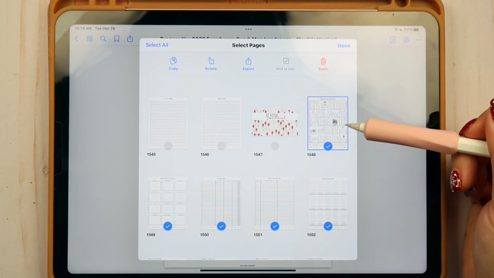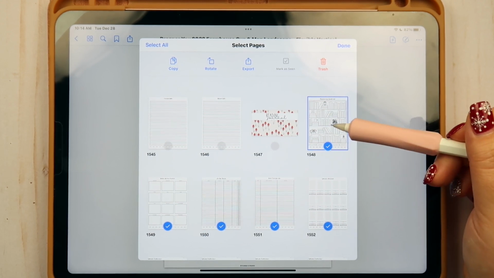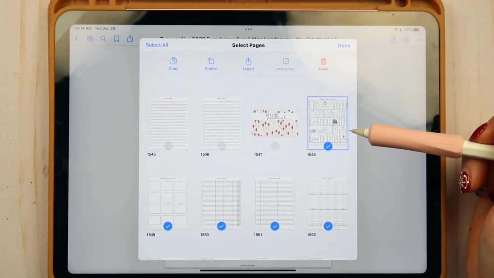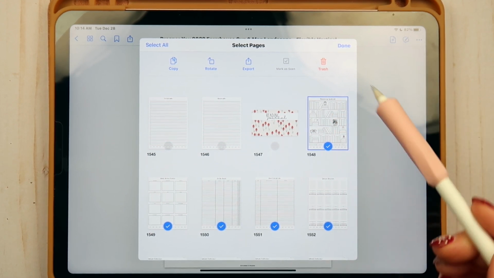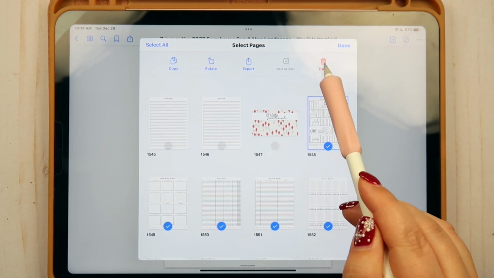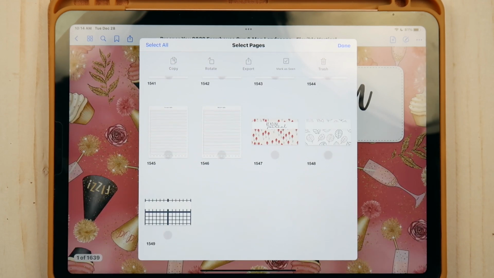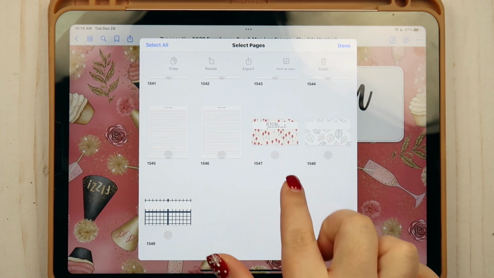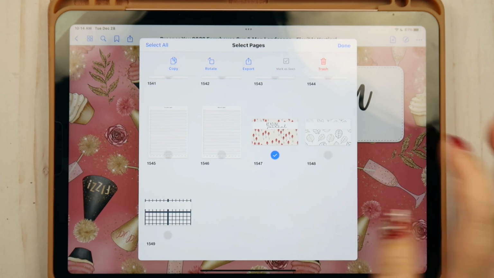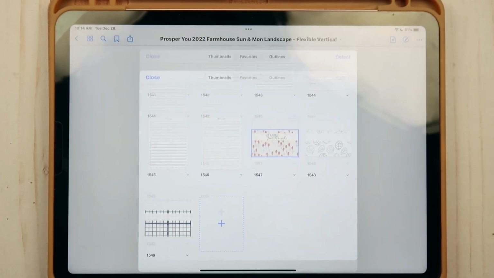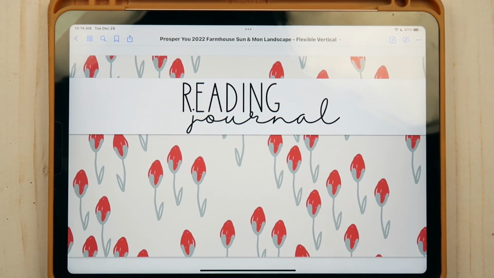Anyways, okay, so let's see. I have all the pages selected that I want to trash. So now I'm just going to hit the trash button there. And that is going to delete all those pages. So now you can see they are all gone. And I'm going to go ahead and click done, go back to this page here, and then it's the same exact